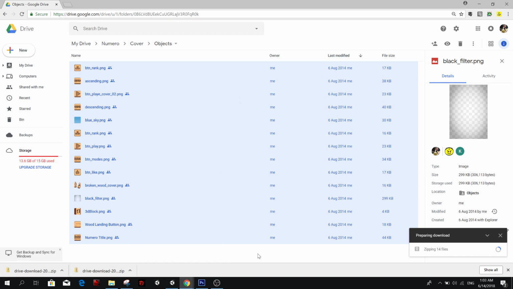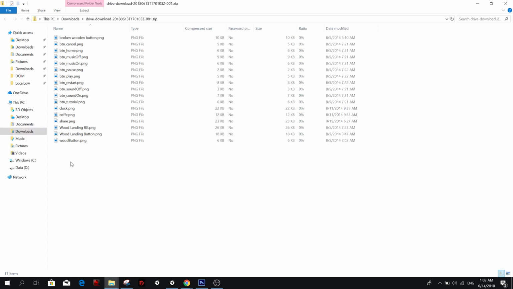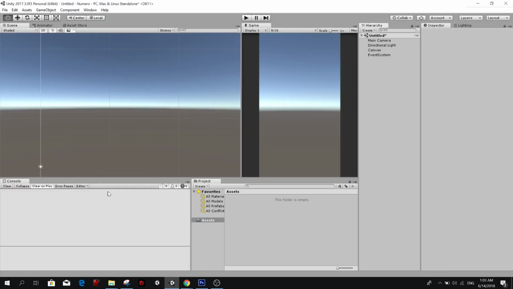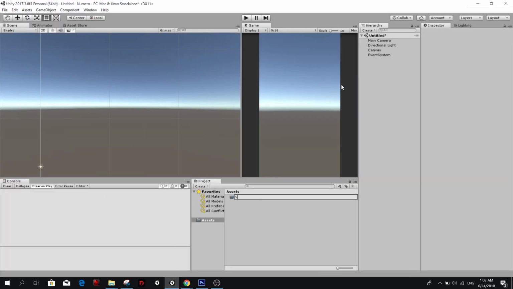Let's continue with this development. So we have the files. We're downloading the rest of the files. Can I just open this? Yes, I can. So I'm going to take all this and drag it into our project. I'm going to create a folder here called sprites.